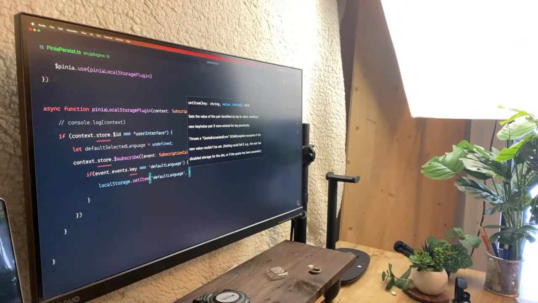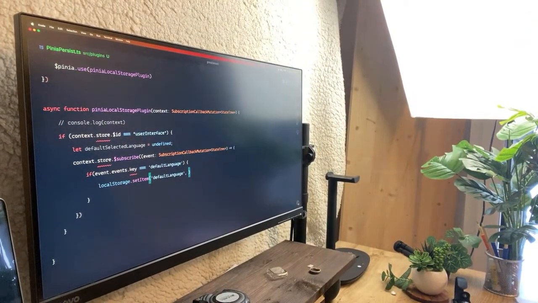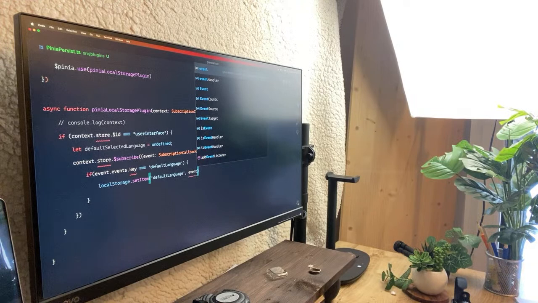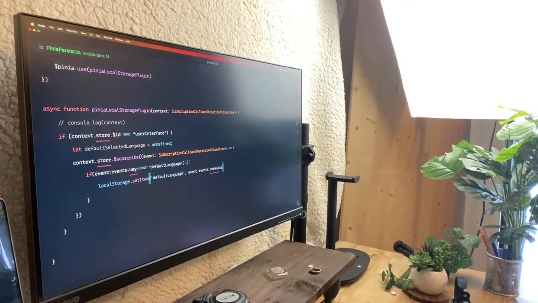I'm going to say simply localStorage.setItem and give it a name, default language, and give it a value of what? Of events.newValue. Okay, we still have a lot of TypeScript errors, we're fixing that later, but for now let's go